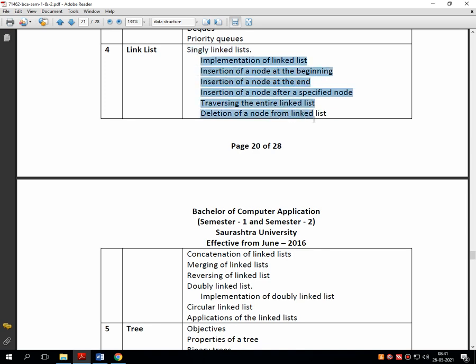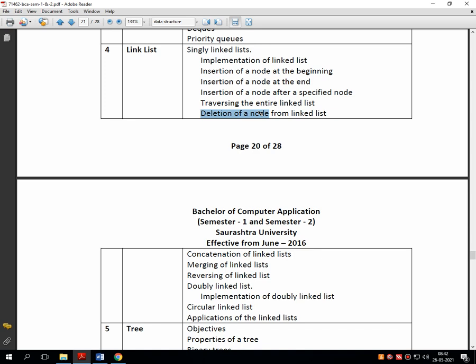As a subtopic, we have to implement a single linked list where we can insert a node at the beginning, insert a node at the end, insert a node after a specific node, display the entire linked list, which is also called traversing, and delete a node from the linked list, based on deletion of the node at the first position and deletion of the node at the last position.